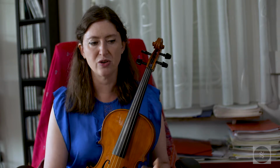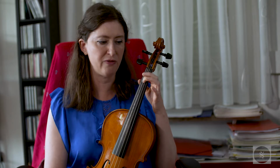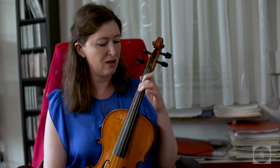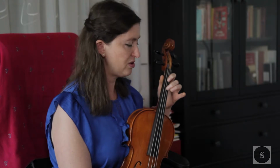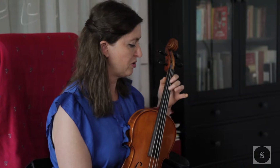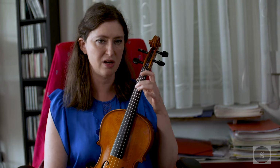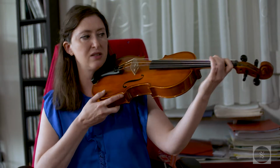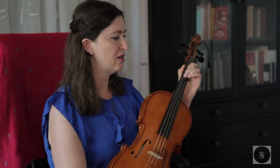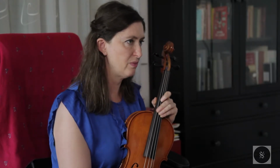So another thing you can do is some simple finger exercises on the instrument with your left hand. Without the bow, you can just practice making the correct shape of the fingers on the instrument. And I know it's controversial whether you're going to use tapes or not use tapes, but whatever method you're using, with tapes or not, to have the correct left hand formation and pressing down the strings without the bow under your chin, that's also quite normal and useful for warming up your hands and your mind before you get into making